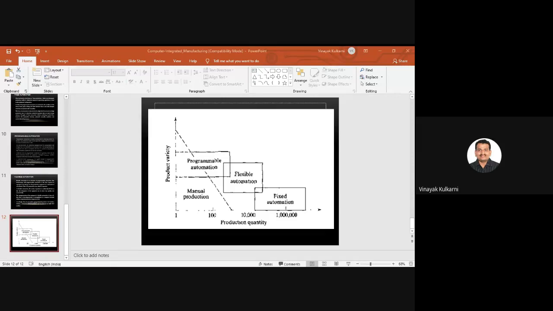I request everyone to join the Google Classroom, which is made for all the 4 divisions, so that every time we do not have to send any links on groups. Directly, you will get a notification to your Gmail ID that there is a class, and you can click on it and automatically get into the Google Meet.